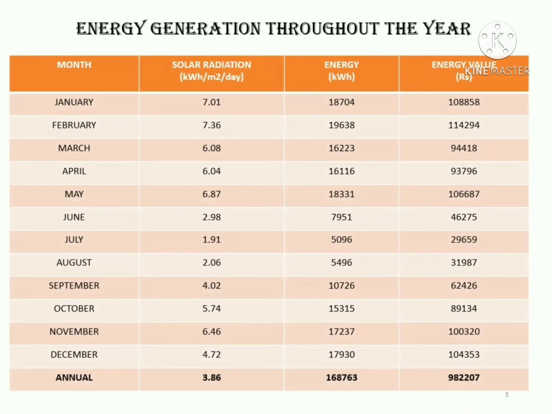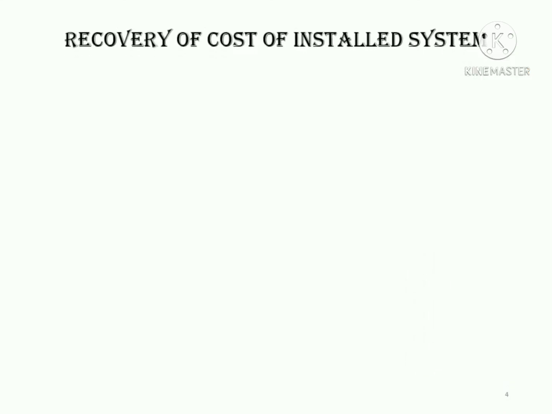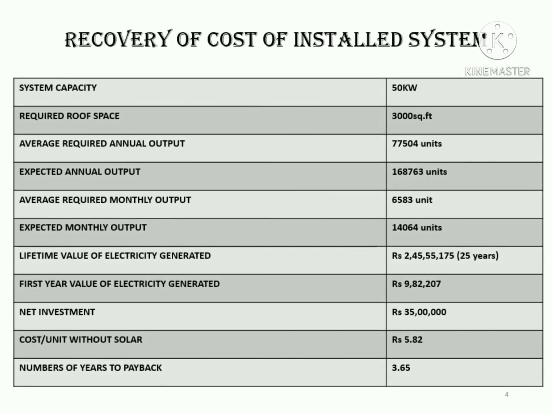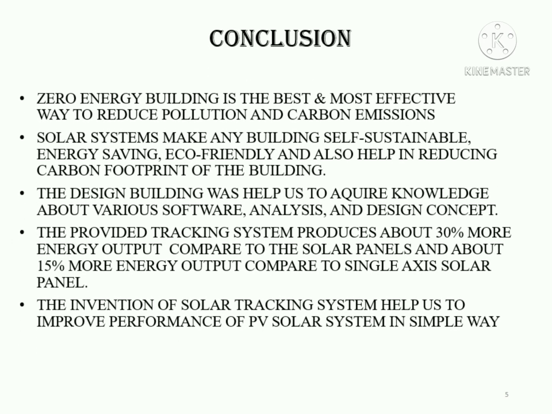Then we calculate energy generated per month by using Excel sheet data and also calculate the respective energy values. After studying and calculation of total energy generation throughout the year, we also consider the system losses and we design the system which is capable of smooth functioning. We also mention the overall cost required for the system with the recovery period. And the outcome of our project is